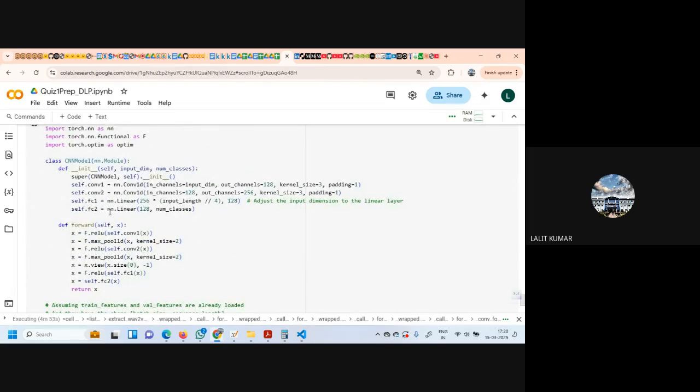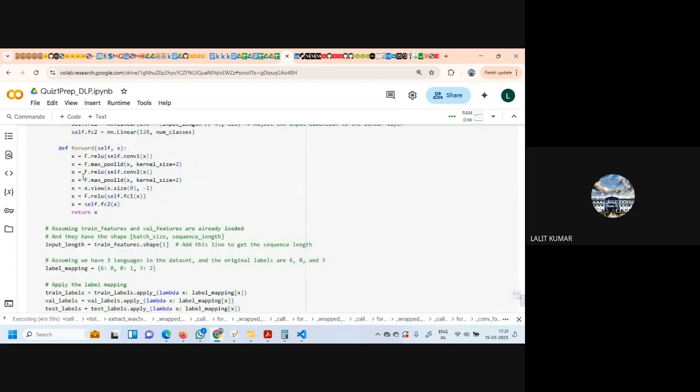And then we define a CNN model. And in the CNN model, we have got two convolutional layers and two fully connected layers. So from the first convolutional layer, we have got a ReLU function. Then we pass to max pool. Then again to the second one, ReLU. Then again max pool. Then we do this x dot view, pass through ReLU, and then we pass through FC2 to get the final output.